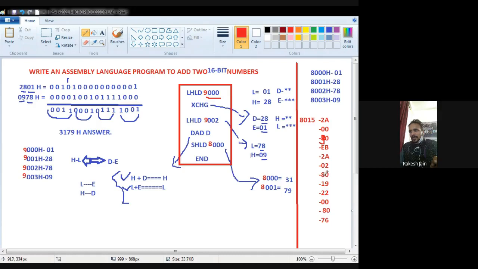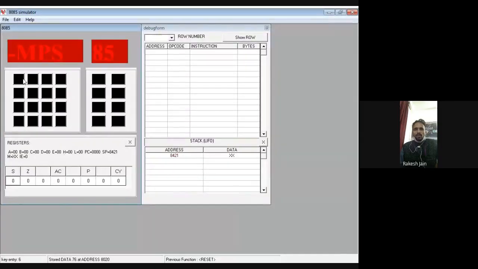Okay. Now we once again cross-check. So reset, and I will show you where I made a mistake. First of all, see that MS Paint file where I have to correct one thing. Now see the program. We make the changes. We load the data from 9000. We see the result from 8000 to 8001. But on the right-hand side, during programming, this was changed, but I cannot mention the change here. So kindly read it.